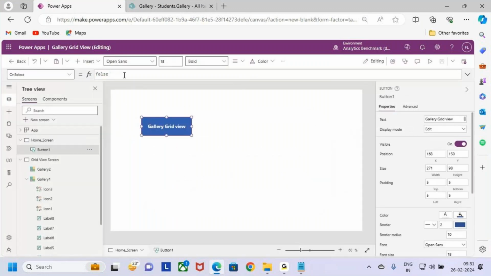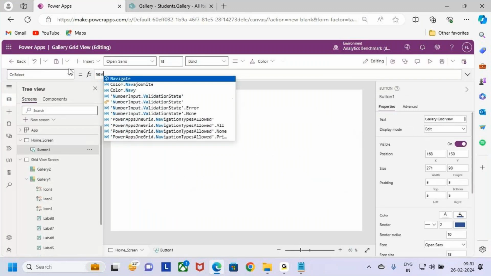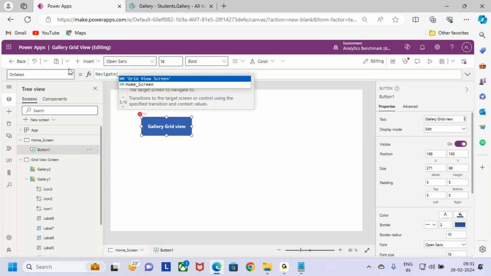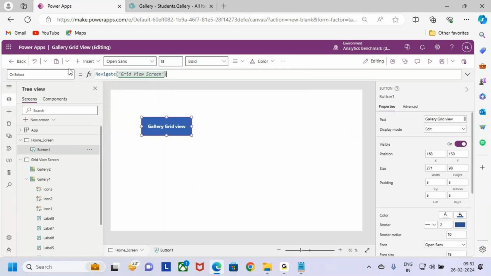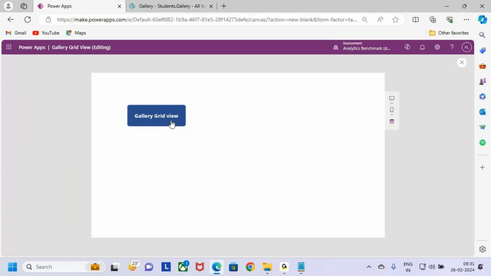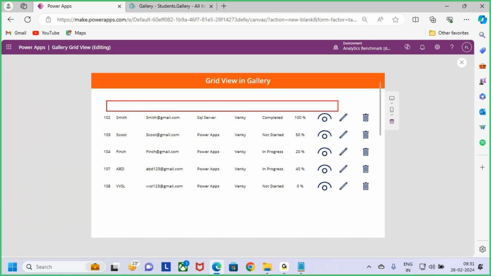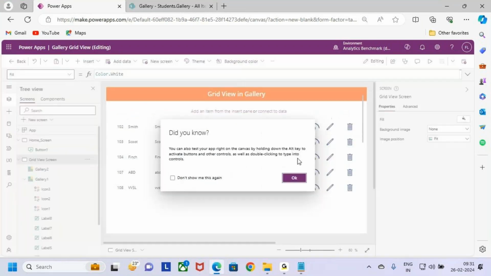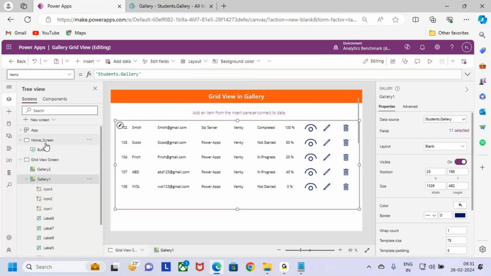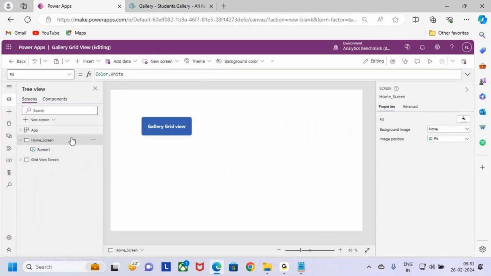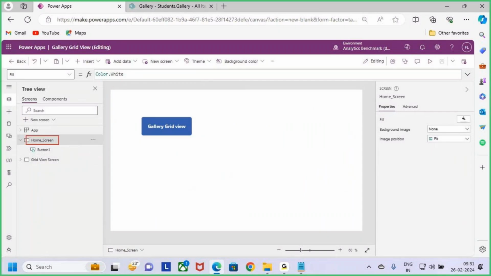Now on select of this property, I want to use the navigate function. Navigate to which screen? The grid view screen. Now save it and when I play, whenever I click on this gallery in grid view, I want to see the header here. So in order to keep the header, whenever I come from screen 1 to screen 2,